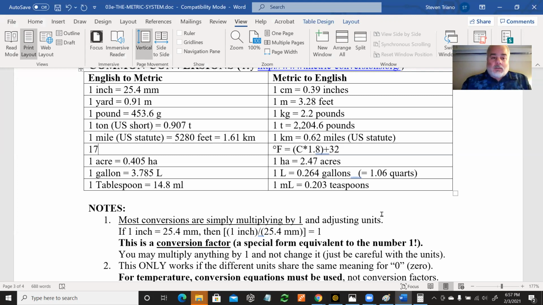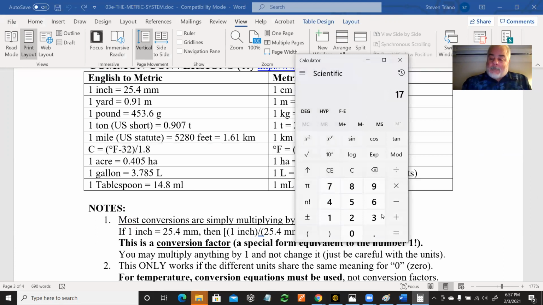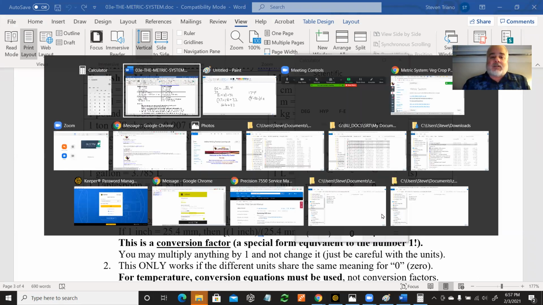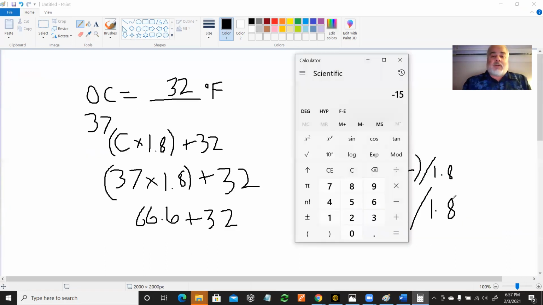What is it? 17 minus 32 is minus 15. Don't forget the minus in that number. I subtracted, it's minus 15, negative 15. So negative 15 divided by 1.8, and 17 degrees Fahrenheit divided by 1.8 is minus